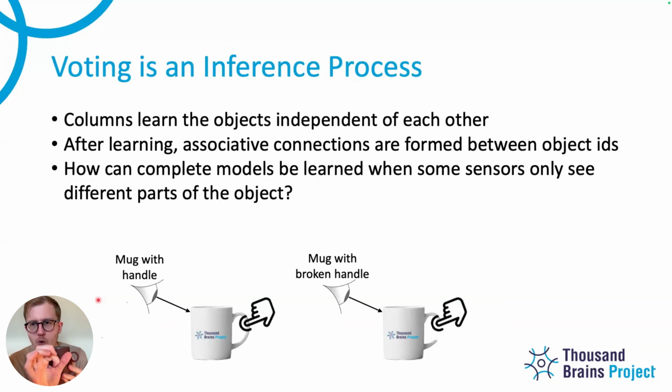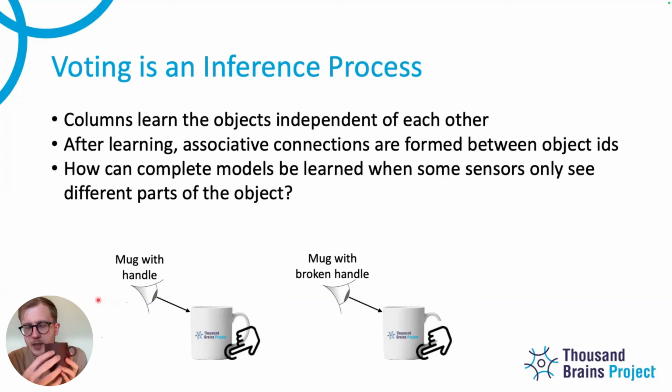You're moving over it. One column is getting this input, and another column is getting a slightly different input, and basically they each follow a unique path. By the end of it, we're assuming they both have complete models of the mug. But if you were to look at where they landed on the mug, it would be this very sparse sampling of all these locations. So it's not the fact that the handle is occluded, really, or maybe that's an extreme example.